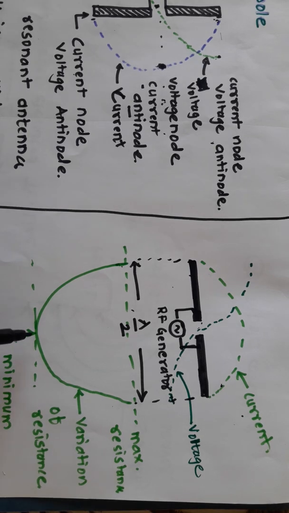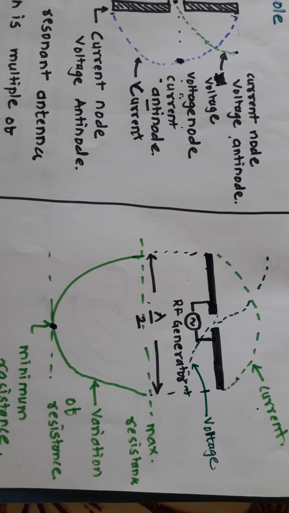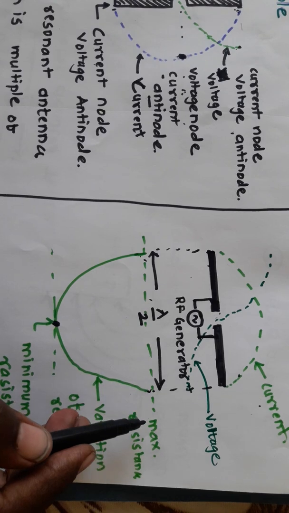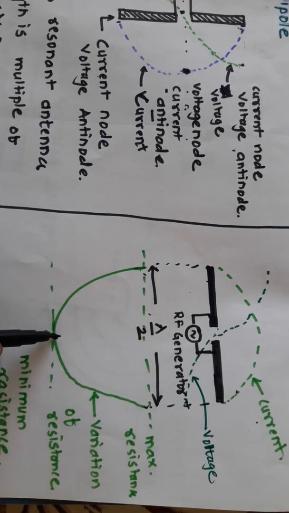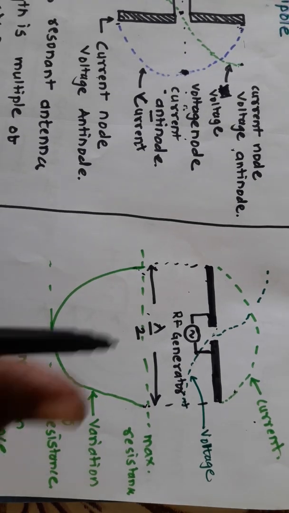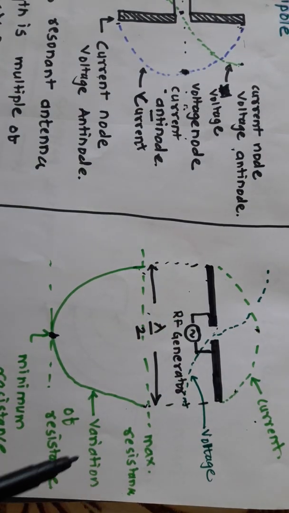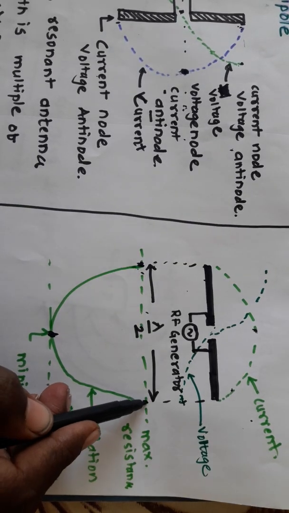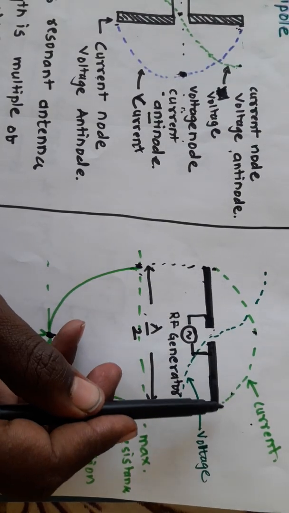Now what we are observing, this is the peak value of resistance. So this is the value of resistance, and this is the value of resistance. When resistance is minimum, it is very much down, and at that time the current is maximum, right? Similarly, when the resistance here and here is maximum, at that time the current is minimum.